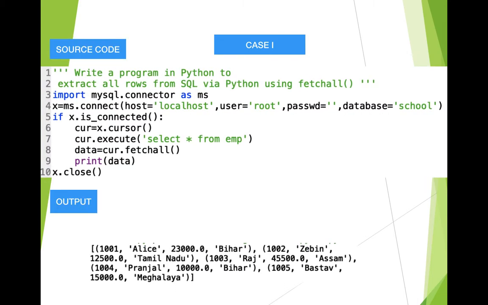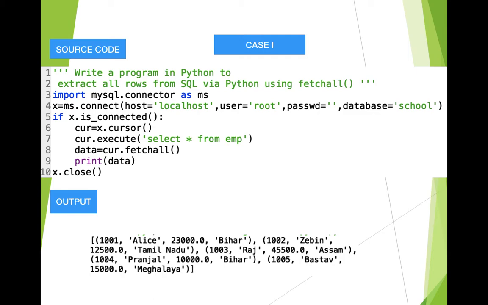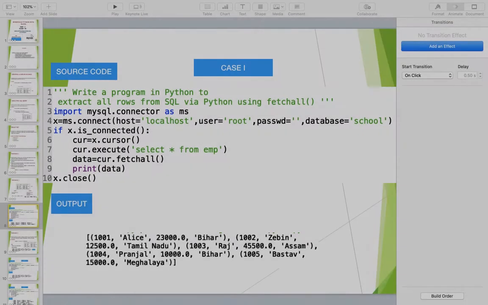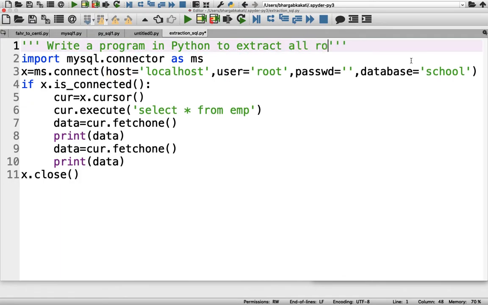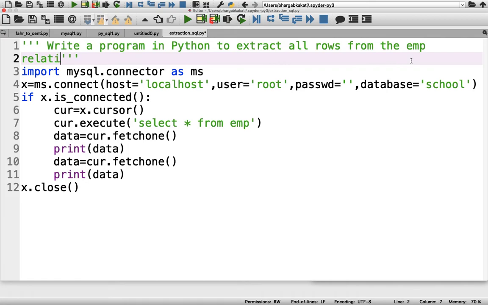Okay, so let's try to do it. What is the name of the program? It is to write a program in Python to extract all rows from the EMP relation via Python using the fetchall function.